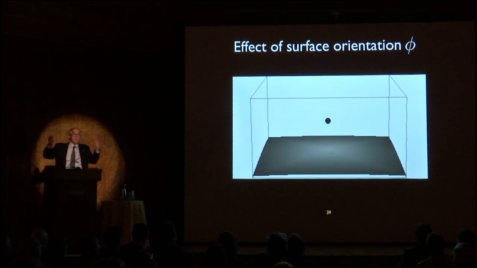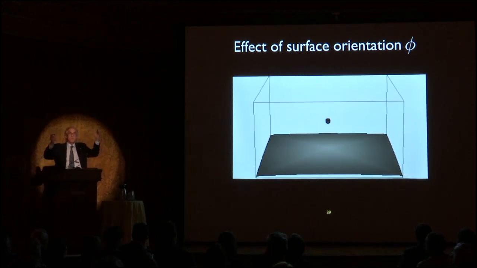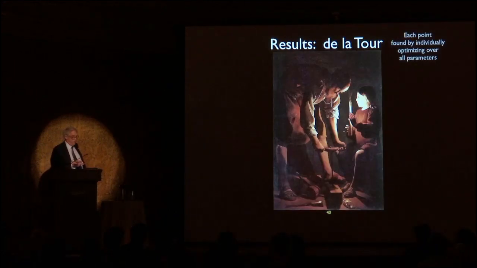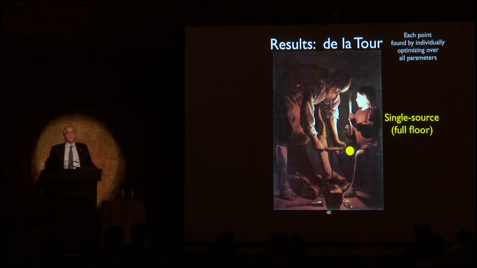So the computer is trying to search around. What's the tip of the floor? Where's that candle in order to explain the pattern of light that we find in the painting? And when you go through and do that, you find that the position is here. Now, it's somewhat low from the actual candle, and we think we understand that. A grad student at Stanford and I figured this out, that